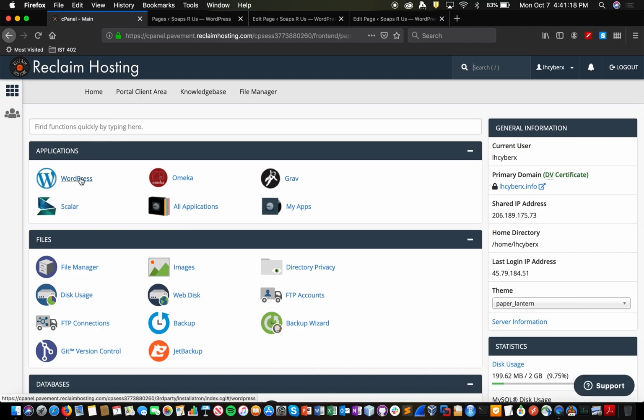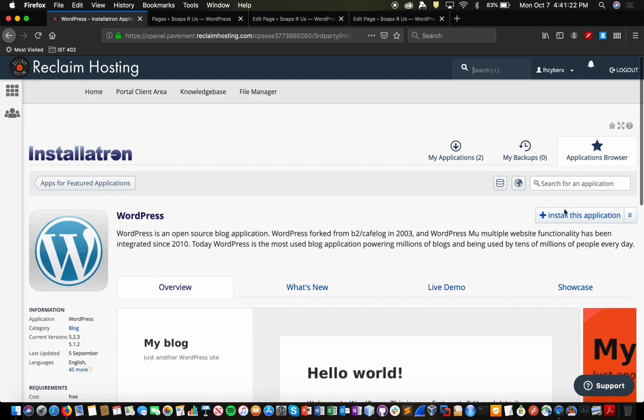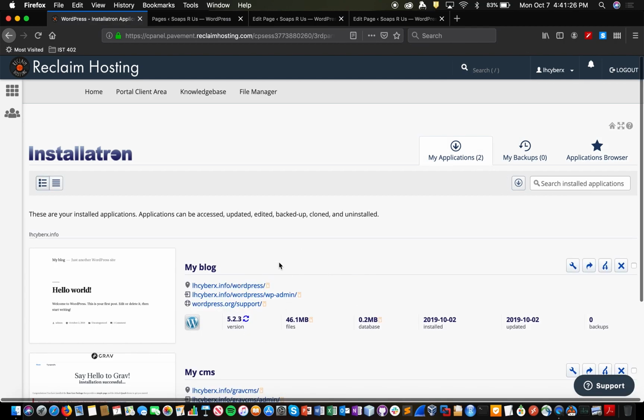And so here's WordPress. It'll probably show up in the top applications. You just click on that and you hit install. As you can see, I've already installed this for this